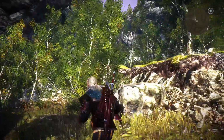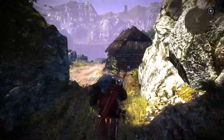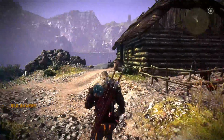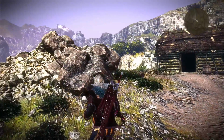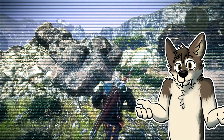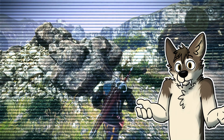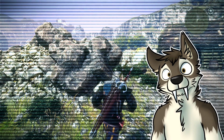2 more remaining, and also there's still stuff to explore on this side. I'm not done yet. I'm not done in this area. I'm not done in the other area as well. There is still so much left to explore. Thank God that the main quest doesn't have a time limit. The thought of losing out on side quests because we reach a point of no return in the main quest is rather terrifying. Wherever Triss is though,